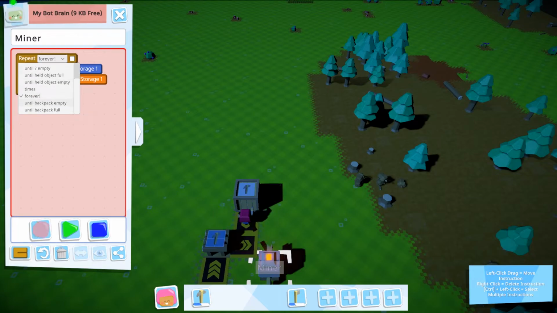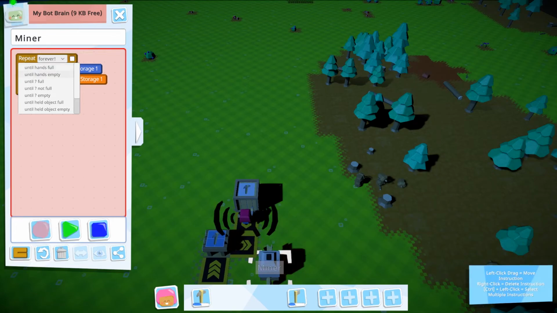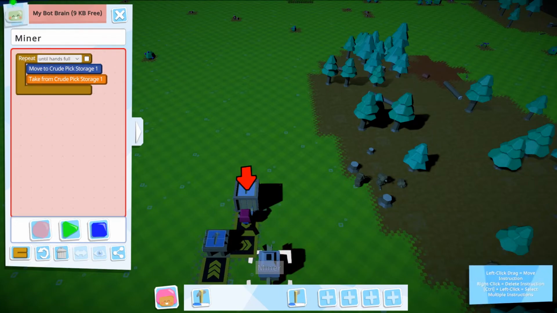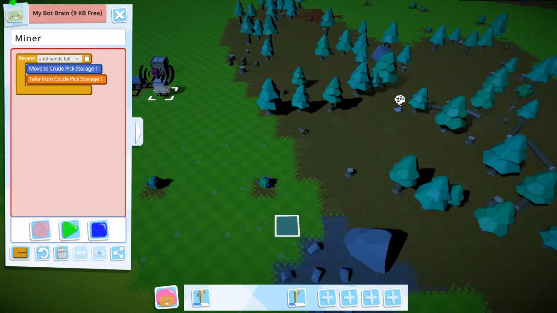Now there are a lot of cool things you have here, but one we're gonna need a lot for the miners and forestry guys, collectors and stuff like that is the hands full and hands empty option. So what we're gonna do is hands full. That means he's gonna repeat this little action until his hands are full. Now you can only carry one tool, so he will immediately reach this. And then we're gonna come over here